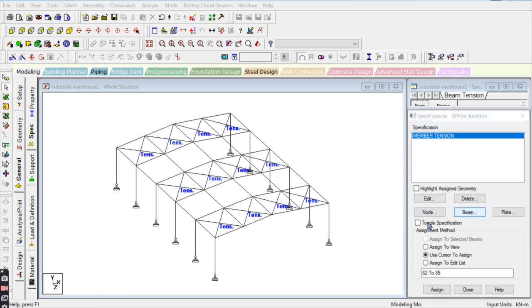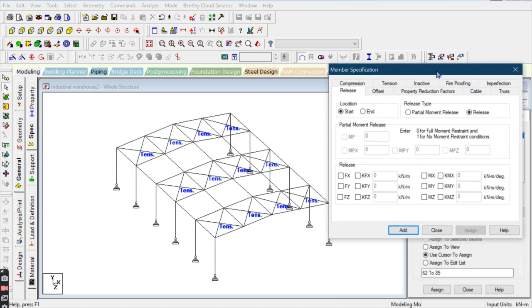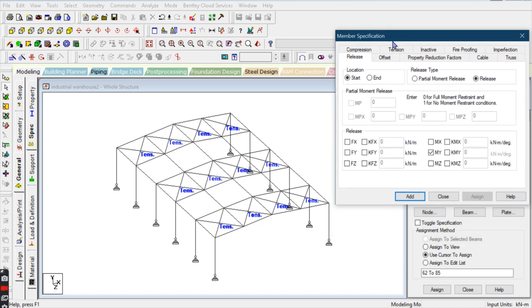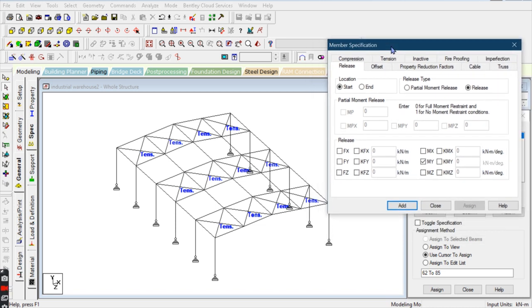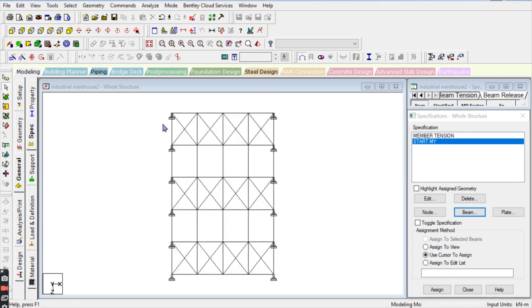So now we will release the purlins. We have to release in the my direction because it will not take any load in the my direction. So at the location, start at, select all the purlins.